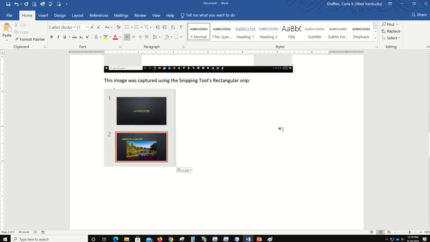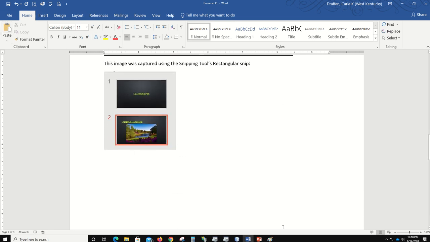So now we use the rectangular snip. I want to show you one other snip that I think is interesting. This image was created using the Snipping Tool's freeform snip. Enter. So let's go back to PowerPoint